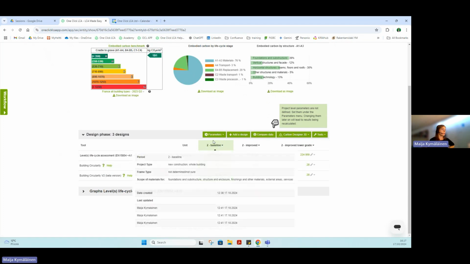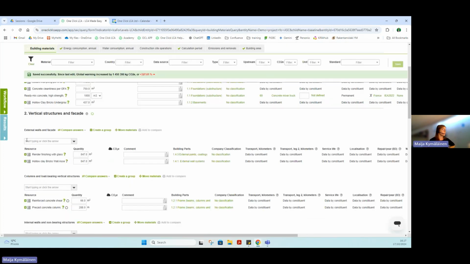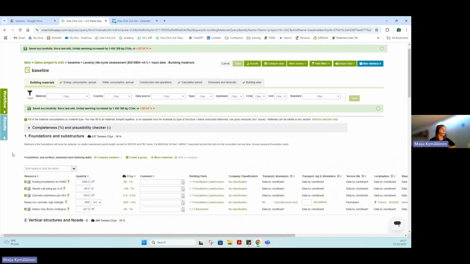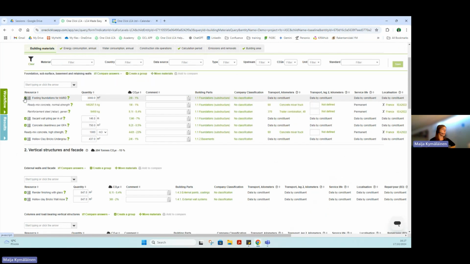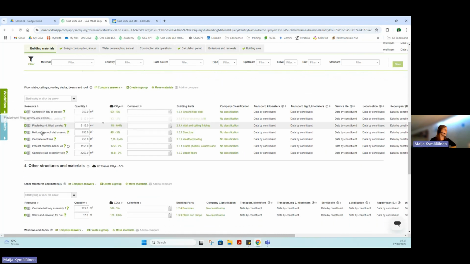So here, this is what we just did. We can go and check it out. So all the inputs are there. All the materials are here. And because Carbon Designer mainly works with constructions, these are basically all constructions. If you want to edit these, do make sure to unbundle them and then start editing. But like I mentioned, for example, with the hollow core floor slabs,